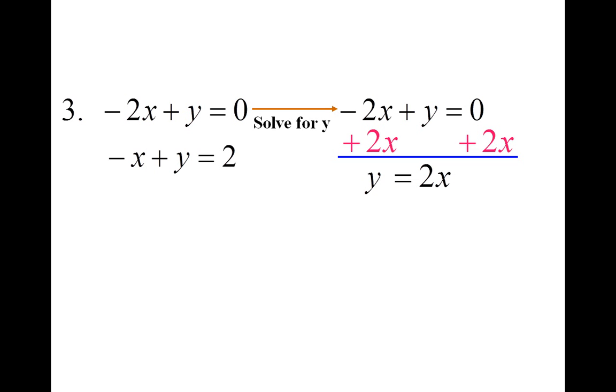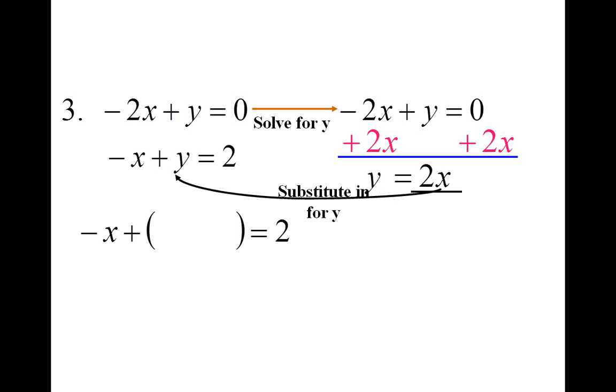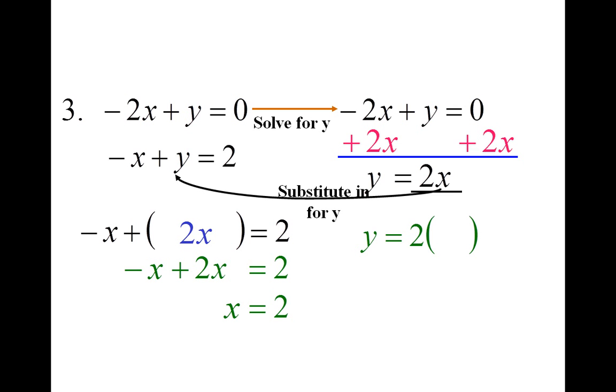Now you substitute y equals 2x into the other equation that you did not use. So the other equation is -x plus y equals 2. So we're going to substitute 2x for y here. We get -x plus 2x equals 2, which is x equals 2. What will we do to find y? We just substitute x equals 2 back into that y equals 2x equation, and we get y equals 4. So our answer is